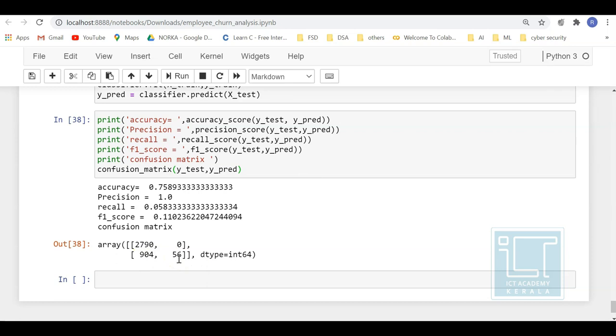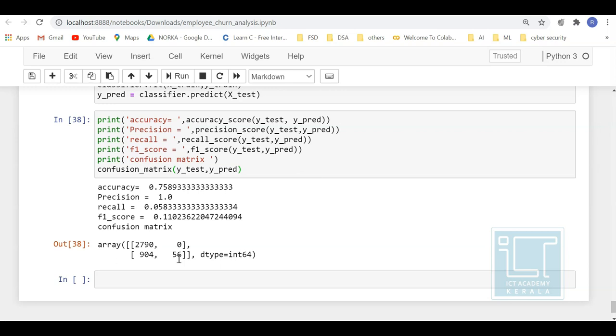True positive means the observation as well as the predicted value is positive. False negative means the observation is positive but the predicted value is negative. True negative means the observation is negative and the predicted value is also negative. Whereas false positive means the observation is negative but the predicted value is positive.